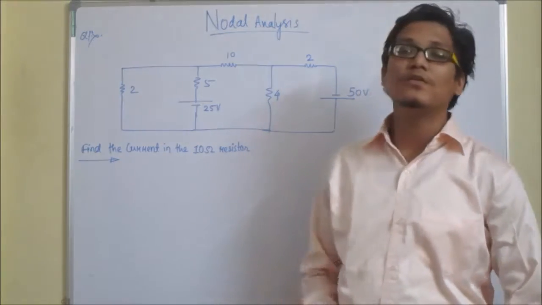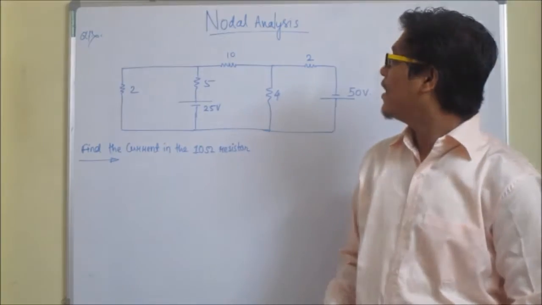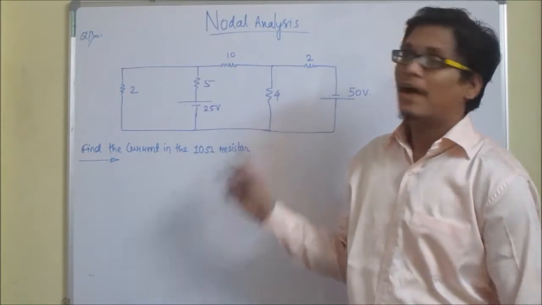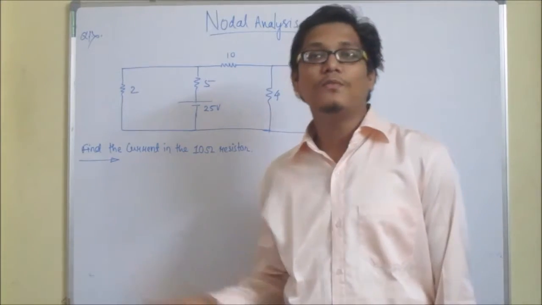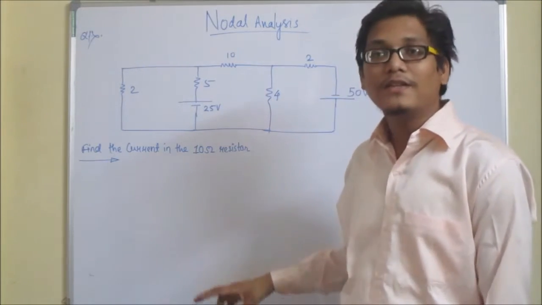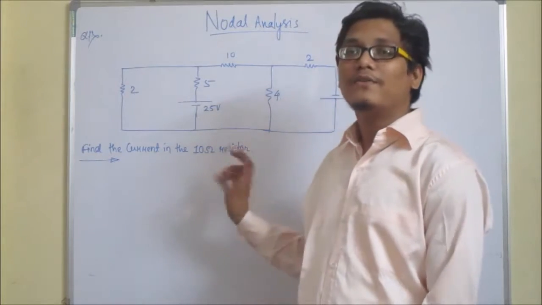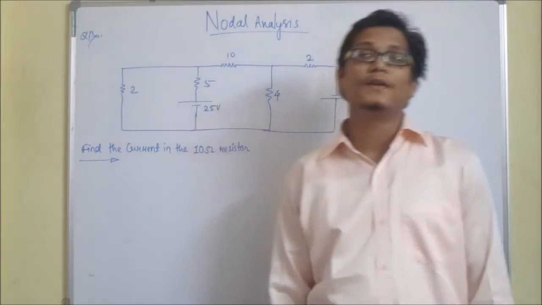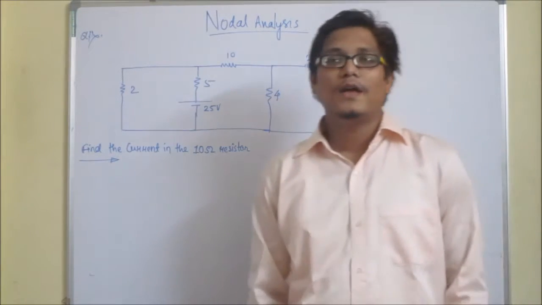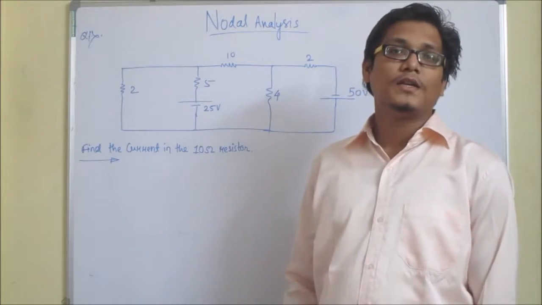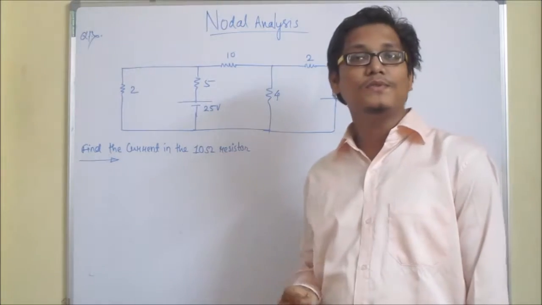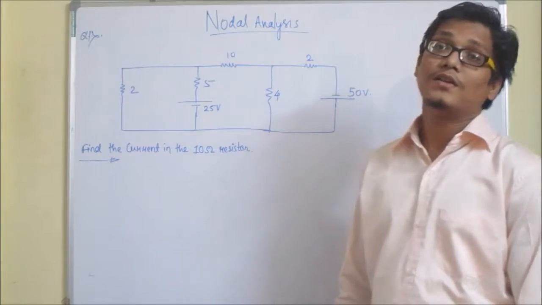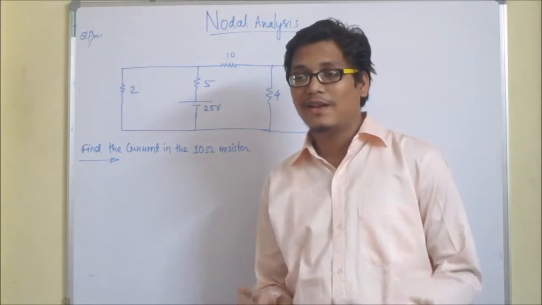How many loops are there? Basic loops, 3 loops are there. So we will assume 3 currents, I1, I2 and I3, and after applying KVL in each loop, we will get 3 equations, and by solving them we would get the values of I1, I2 and I3. I2 is our current through the 10 ohm resistor. But if we apply mesh analysis, because there are 3 loops, we get 3 equations and 3 unknowns,